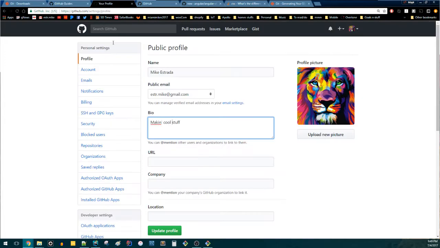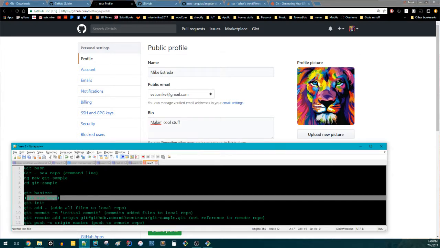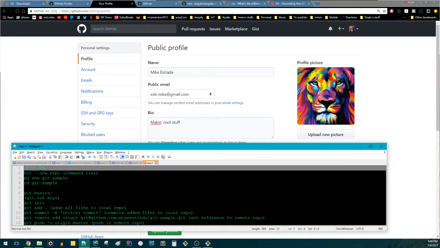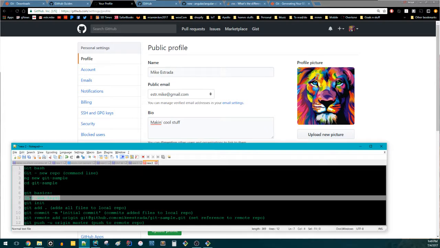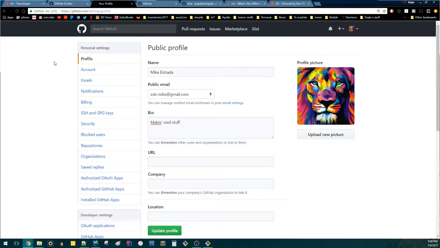But anyways, so I'm going to, no, that's not what I want to show you. Oh wait, yeah, it is. So here's an outline of what I talk about today. So we talked about Git Bash. Actually, this should be up over here. So I want to talk about SSH keys. So real briefly,